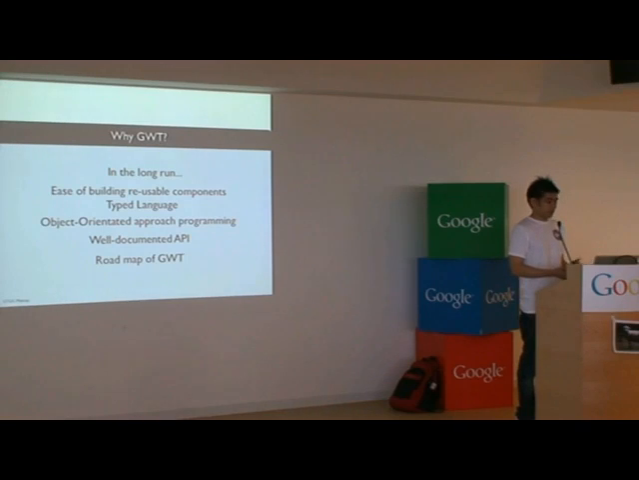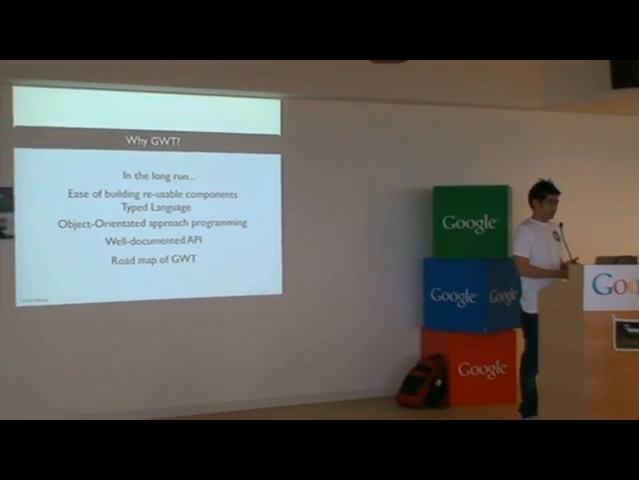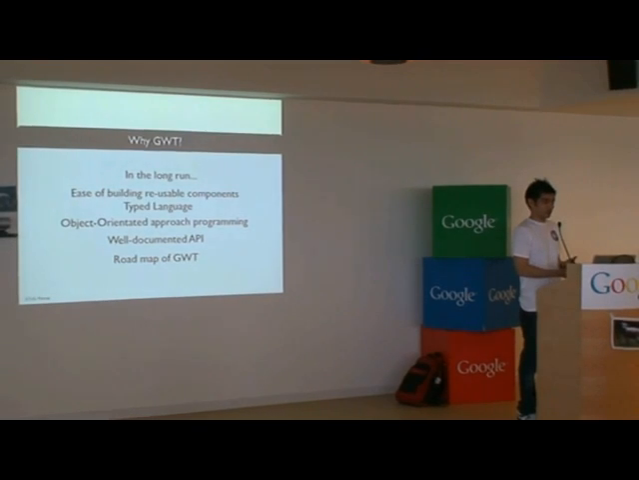Secondly is a typed language. So you are developing a JavaScript and HTML application in Java, so you get compile time checking. It's an object-oriented programming approach. So unlike normal JavaScript development, in this case you have type checking. If you try to cast from one object to another, you will get an exception from